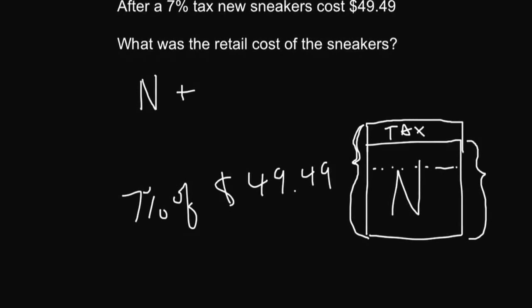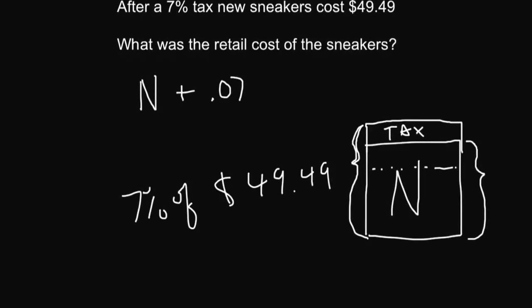It's not enough to say 0.07, because that's like 7 cents. You paid 7% of the cost of the Nikes. You don't have that number, but you can say whatever that number n was. If it was 100, it would be 100 times 0.07. If it was 50, it would be 50 times 0.07. So if it's n,